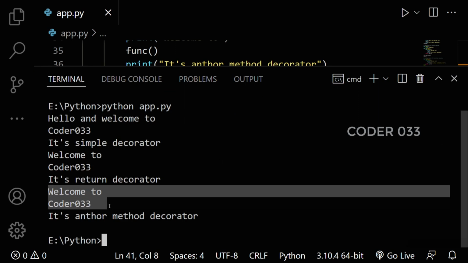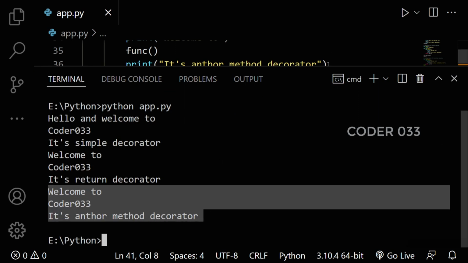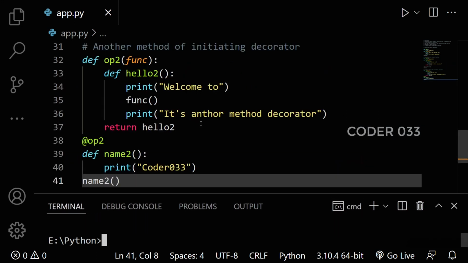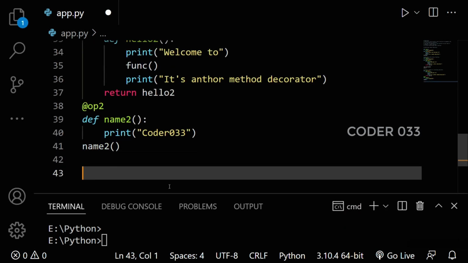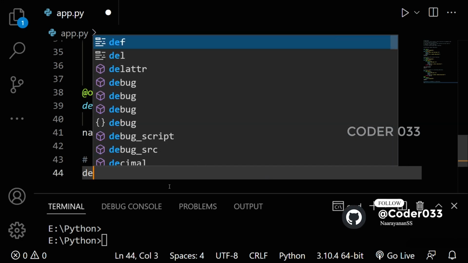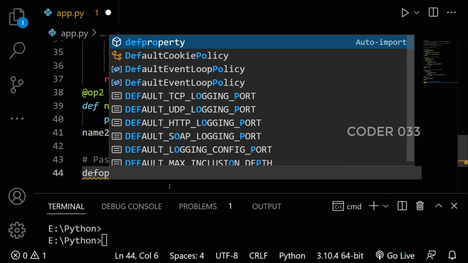Welcome to Coder033. It's another method of decorator. It was working perfectly fine. This is how you can use decorator as another method. Okay, now passing an argument in decorator. For passing an argument in decorator, okay, def output3